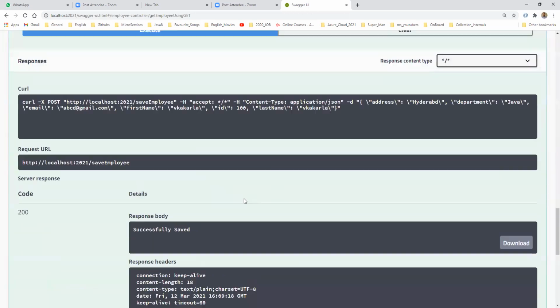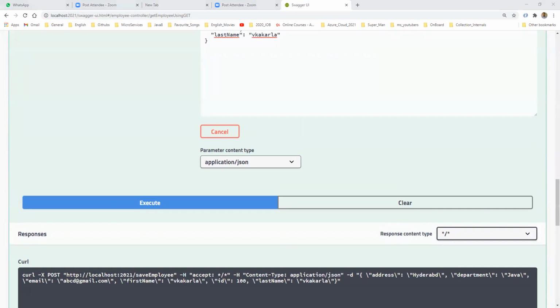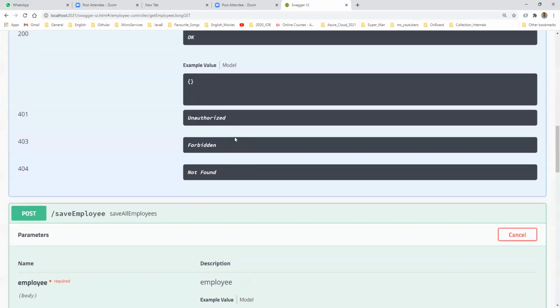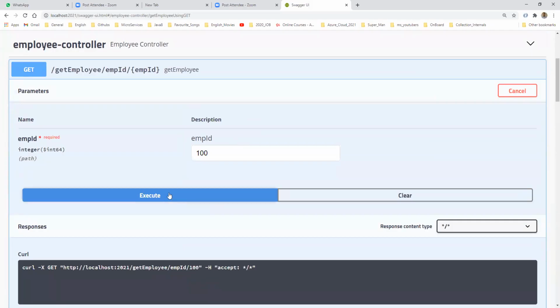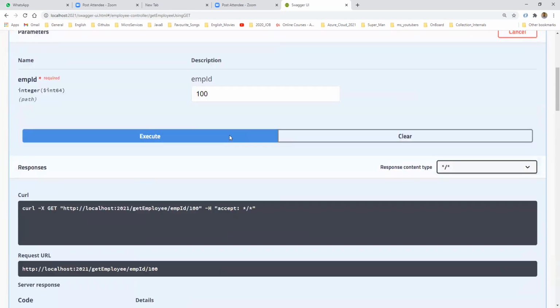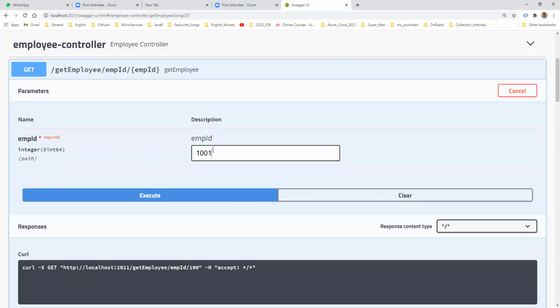It has the data, successfully saved. So if you see here, again we will get the data, the 100 record. Now you can get the record from the 100 record. Now you have a record, you are getting data. So sometimes debug is mismatching. Okay. Now you have data. Now you want to give some 101 record.